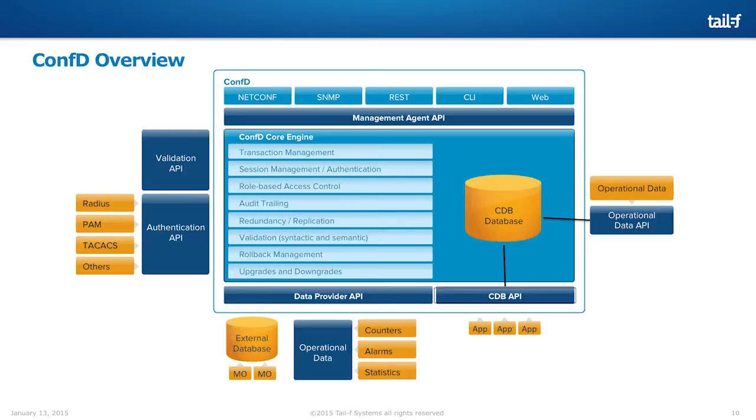Your protocol agents are typically maybe 20% of your implementation effort of your management plane. The back end behind those protocols is usually about 80% of that implementation, and that back end is what the core engine provides. It provides your transaction support, your session management, your authentication, authorization, and auditing for AAA, validation, rollback,